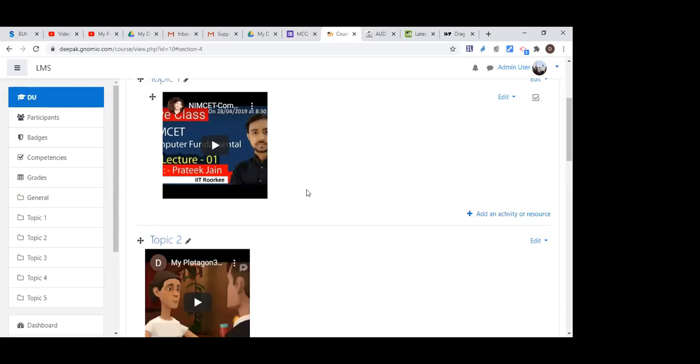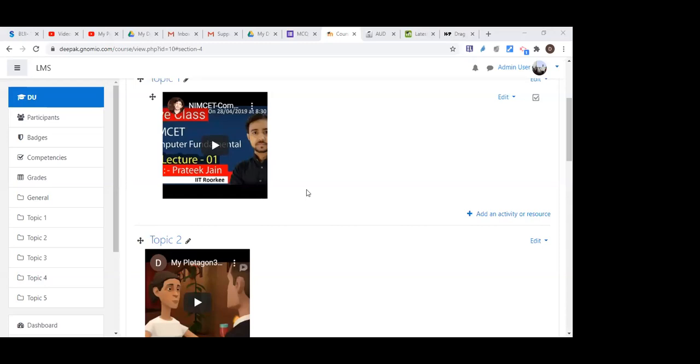Yes, see, Big Blue Button is a video conferencing tool, just like we are right now on Zoom. Big Blue Button is a very wonderful tool. As a plugin, we need to add it within the Moodle, but the cloud version, Genomio Cloud, does not allow us to add more plugins. For that, you need to download and install Moodle on your university server, central server, then you can customize it. Then you can upload unlimited plugins. Big Blue Button is a very nice feature.